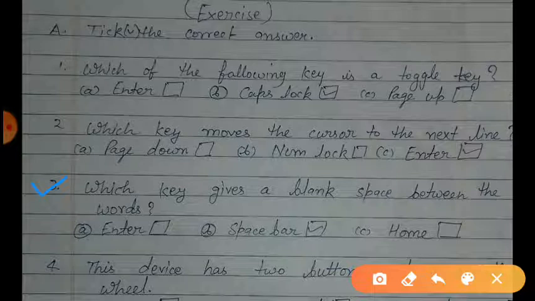As you all know, the space bar key is used to give a blank space between words and letters. You can find it on the keyboard. That is the longest key on a keyboard. Okay, space bar key.